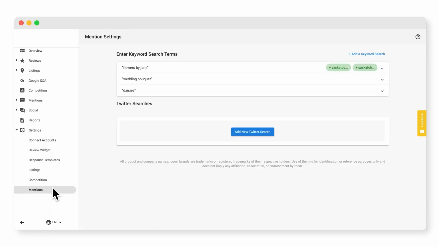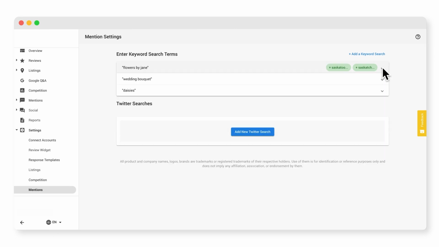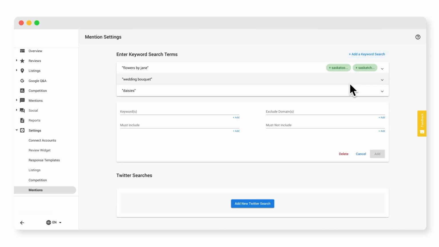To set up mentions, think about how someone would reference your business in a news article, blog, or a web page. It's a safe bet to set up a search for your business's name and include the city you're located. If your business often goes by a nickname, enter that in too. You can also set up a mention search for key people at your business, like a general manager or the CEO. For example, a physician may want to include their name as well as their practice's name. That way, you'll be notified when they're mentioned online.